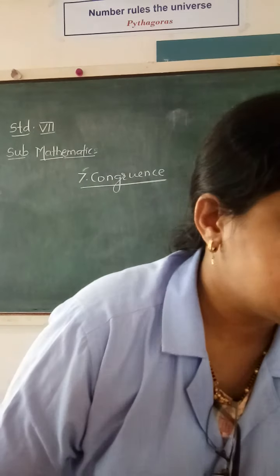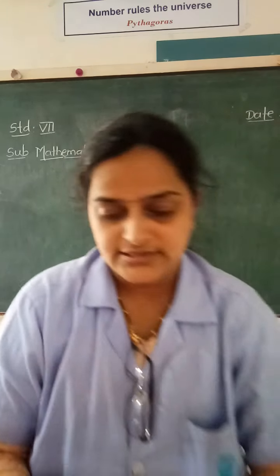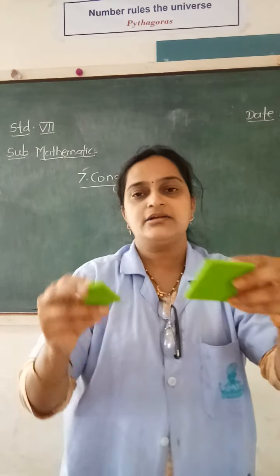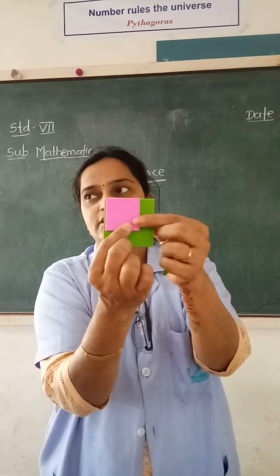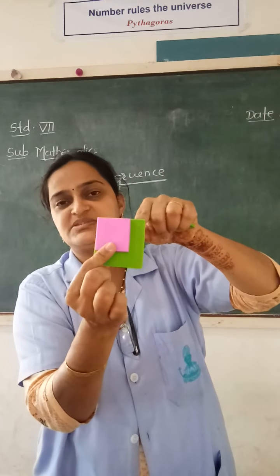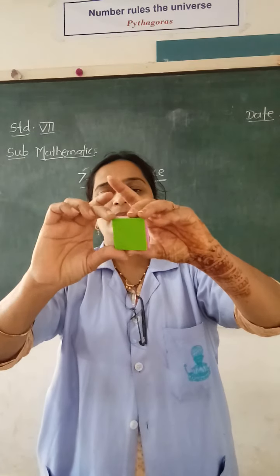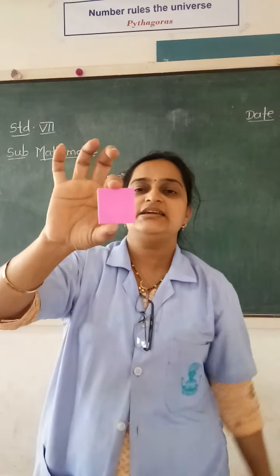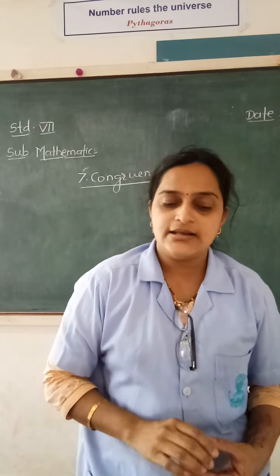Okay. Then a few more things I can show you. See here. I have these square shapes. Now let us see which of them are congruent. I have this shape and this shape. If I place them on each other, can you tell me whether they are congruent or not? They are not congruent because they don't match exactly. This is smaller, this is bigger, which you can easily see. Now if I take these two shapes and place them on each other, what do you find? Do they match exactly? Yes, they match exactly. You can clearly see this. They match exactly, and so these two squares I can say are congruent.